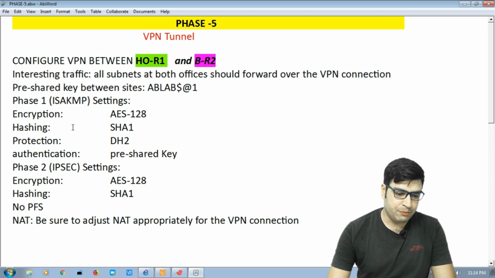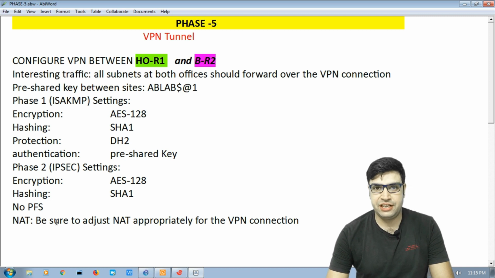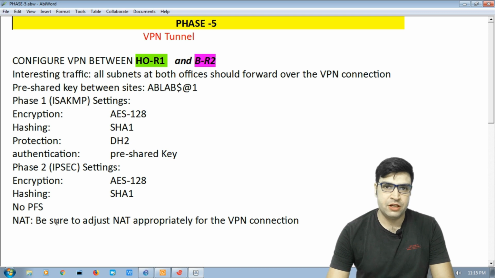Once we complete phase 1, we go to phase 2 to complete the encryption, hashing, and set no PFS. After that we have to adjust the NAT so that the head office can access the internet, as well as communicate with the branch office securely